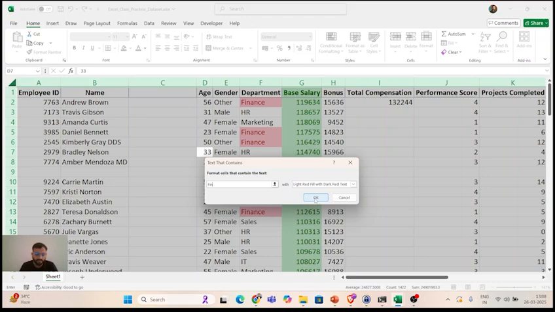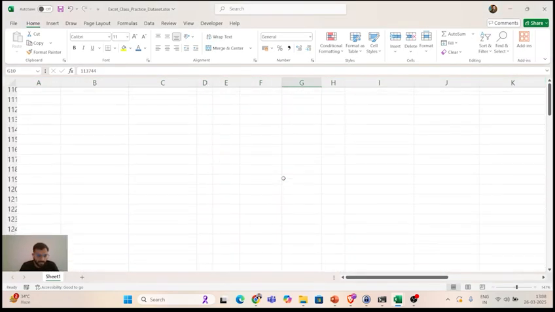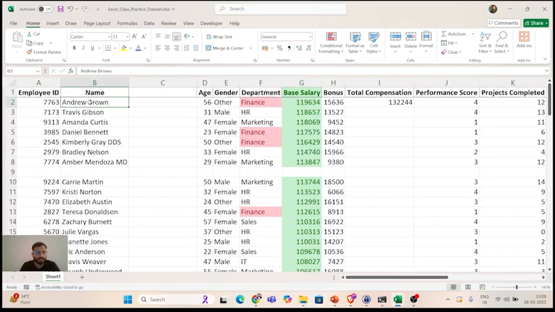Example, let's say I want to highlight it with light red fill. You see the finance is highlighted. Nobody's name is like this. But let me, if I do like this, let's say Fin guy for random. See, now previously there was no FIN in this cell, but now there is FIN. So text that contains FIN is highlighted across the whole table. So we saw how to do conditional formatting in one column or in the whole table. It depends upon your use case. I will not hamper his name, but that was just to showcase it to you.